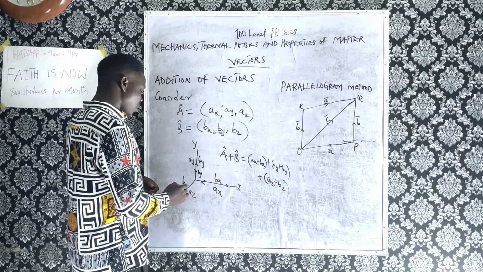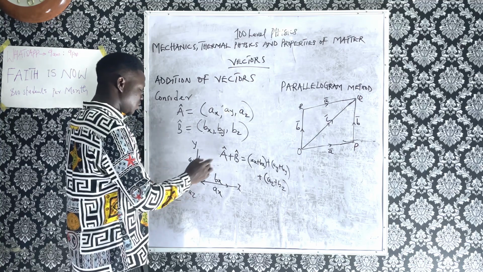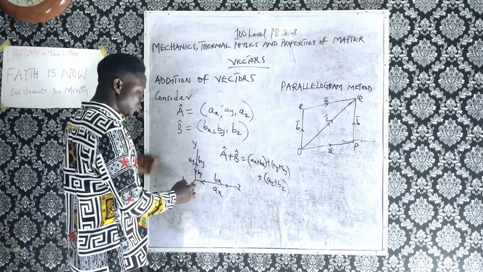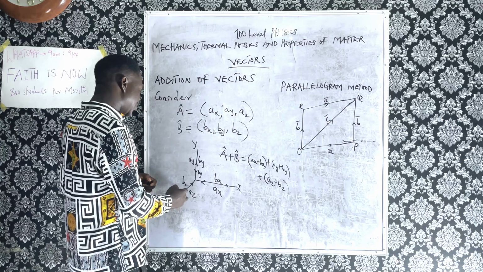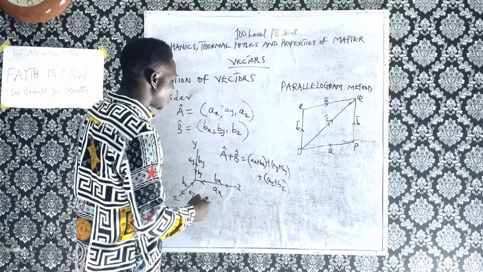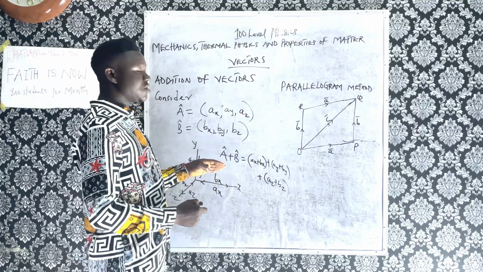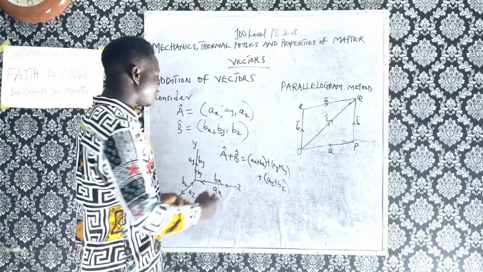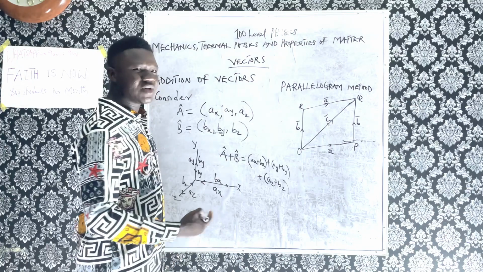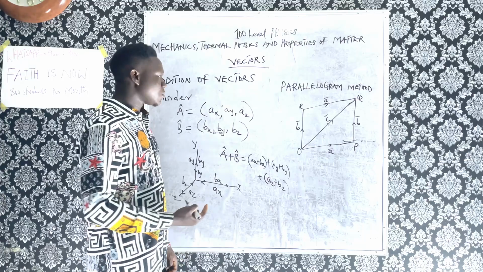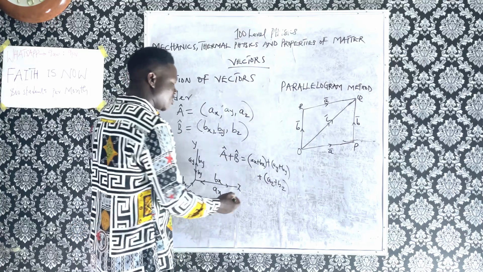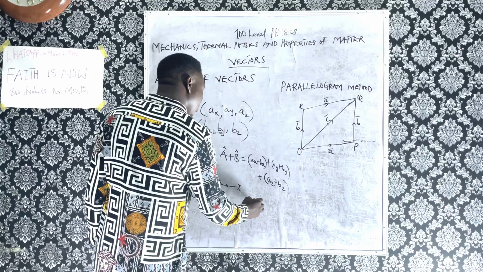Also here, say az is moving in the positive direction, then bz is going in the negative direction. What it just means is that if I want to add it up, it automatically becomes a subtraction because they are not moving in the same direction. So it will not be a plus b, it will just be a minus b,